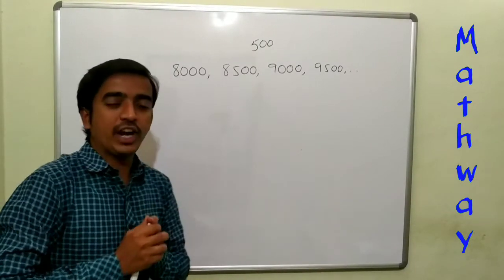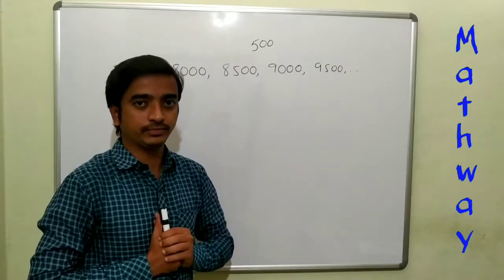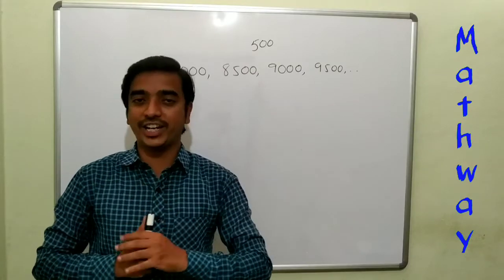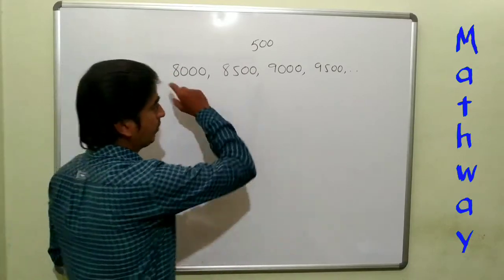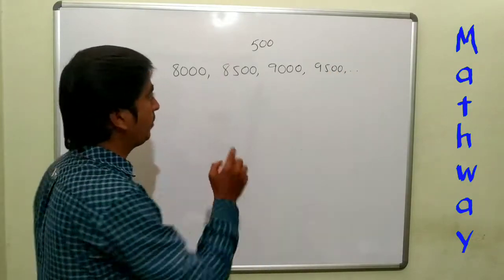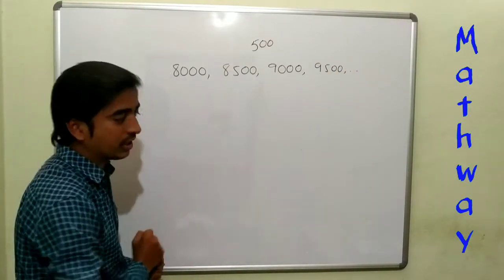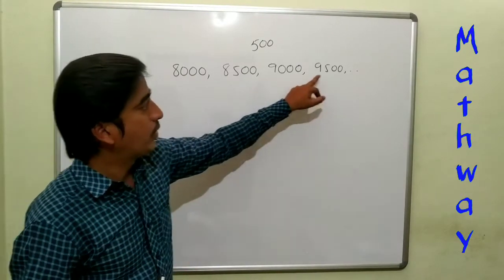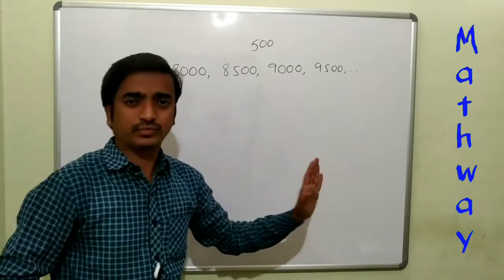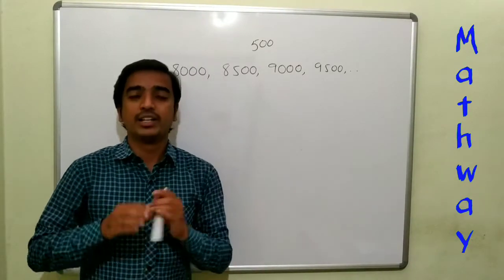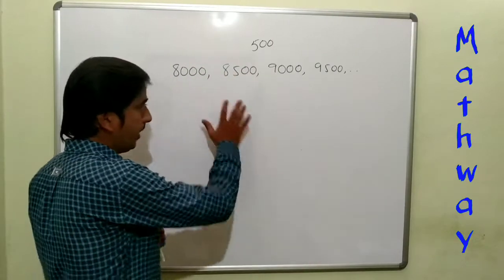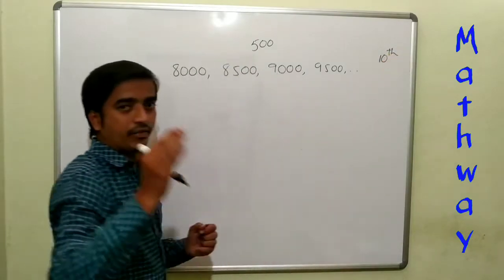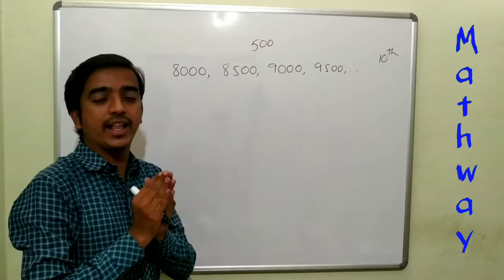Then can we find what would be the salary after 10 years? What would be the salary after 15 years? What would be the salary after 50 years? It is difficult to find by continuing this series. But if you observe, this is in AP, arithmetic progression. See the difference of each term: 8,000, 8,500, 500, 500, 500. So the common difference is the same. Already we learned that if the common difference is the same, then it is in AP. So to find the salary after 10 years, we can use the nth term formula.